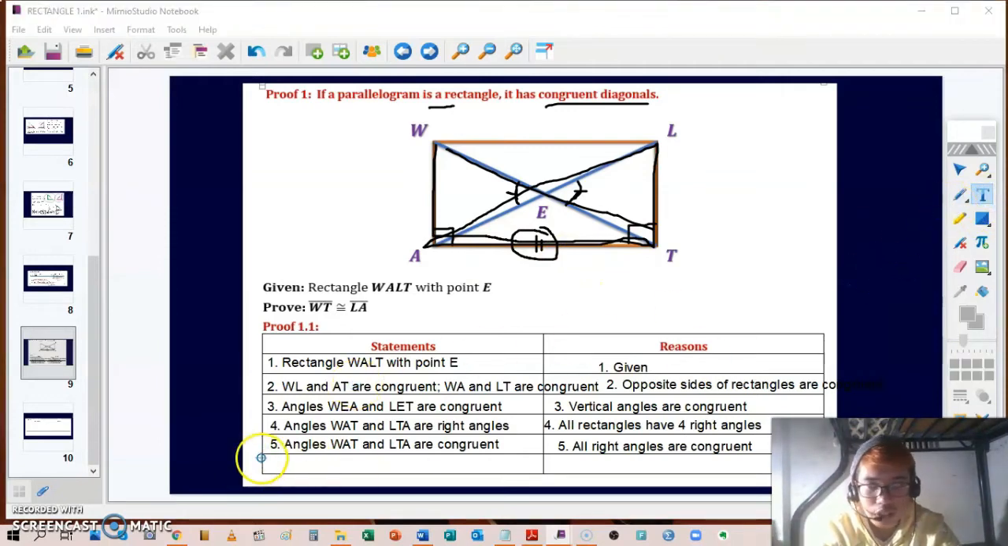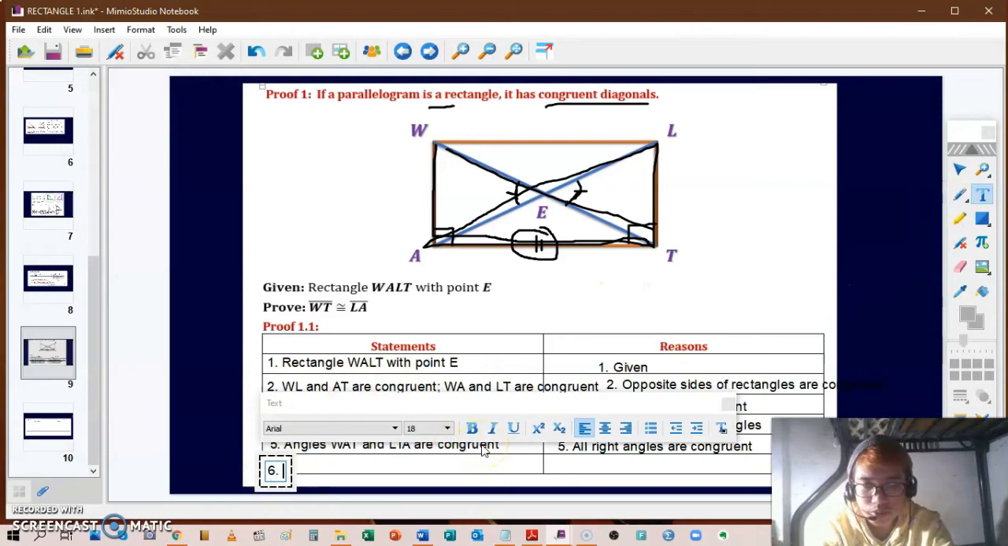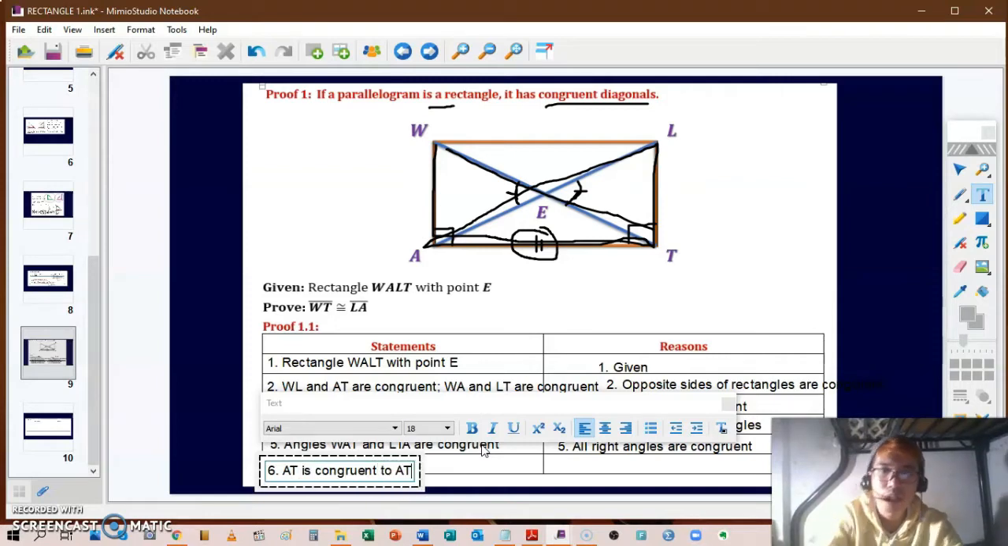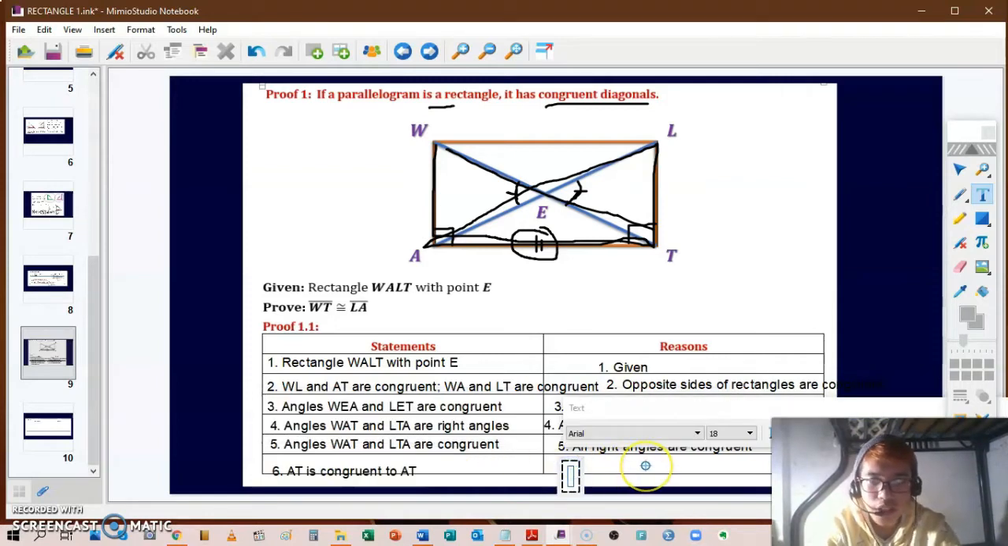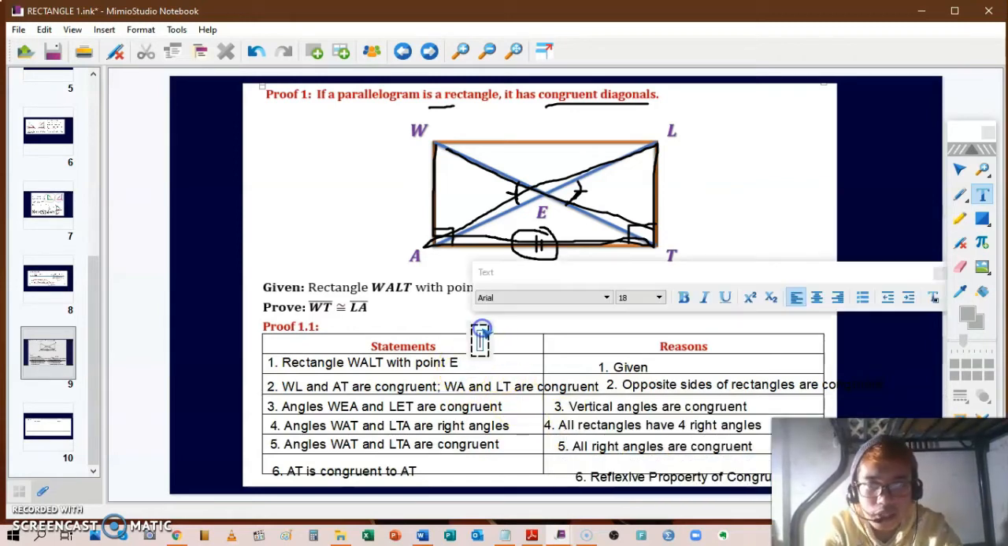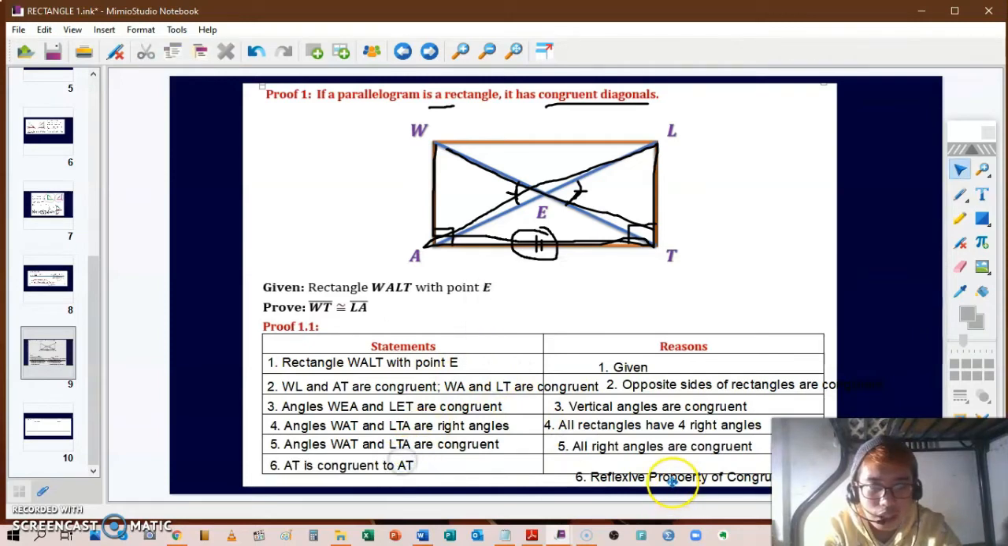Okay, so we can write here for number 6, AT is congruent to AT, and the reason for that we can write here is the reflexive property of congruence. And lastly, now we can say that